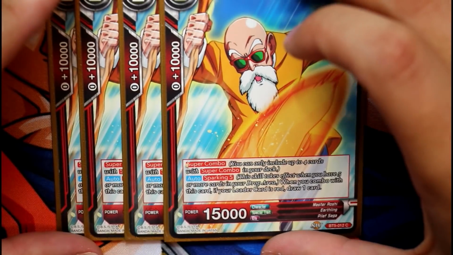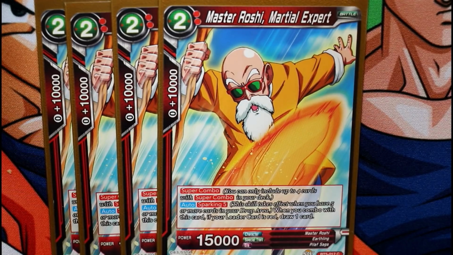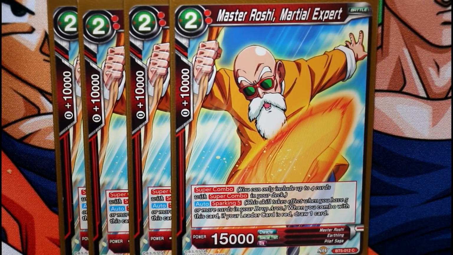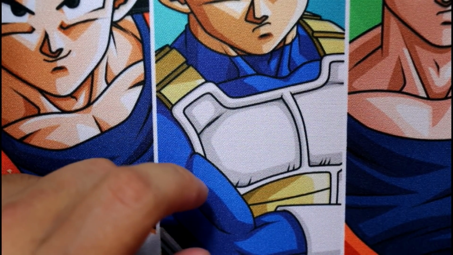And so we obviously have the Martial Arts Expert, Master Roshi. He's a Super Combo. We run this guy just because he's Sparking 5 and you're gonna have immediately 5 in the drop area, so you want to use this card. And your leader card is red, so you want to be able to use a Super Combo and draw 1 card effect as soon as possible to pretty much mill out your deck or search out your deck a lot faster. And we run